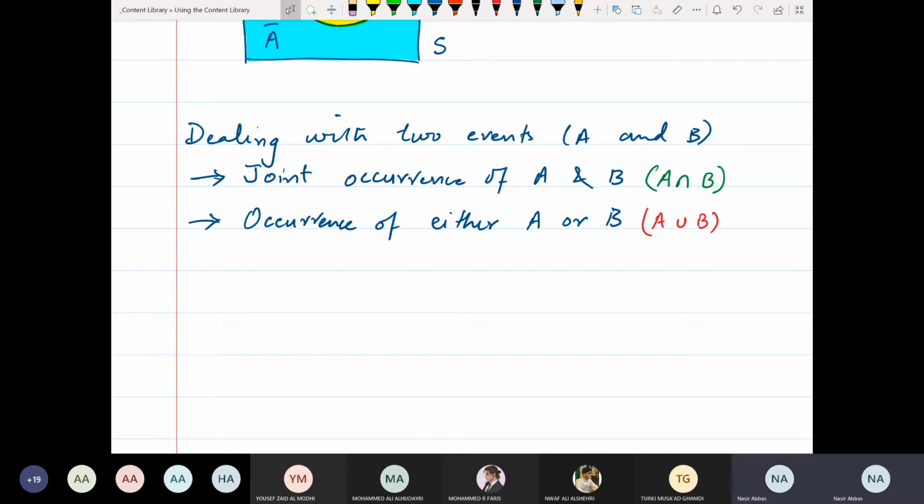By at least, you can say either A occurs or B occurs or both of them occur. That's equivalent to A union B. Diagrammatically,